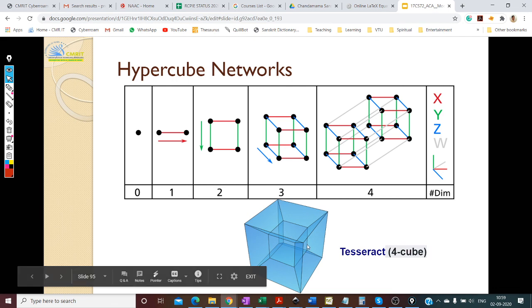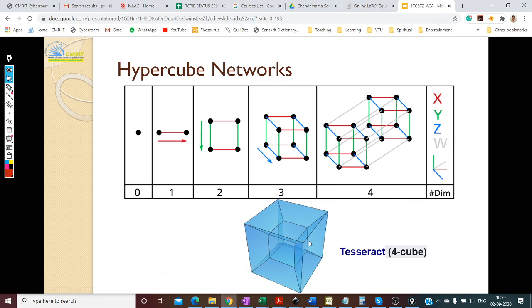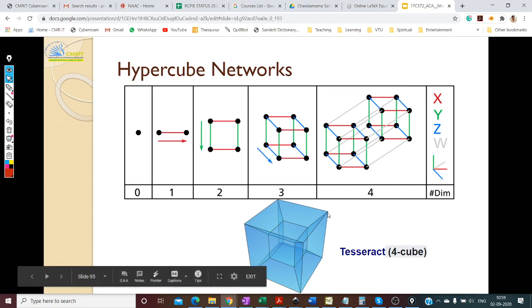Something like the Inception movie. So you have a cube within a cube within a cube. You can make it multi-dimensional, like 9-dimensional cubes are also there. So everything goes inside. The idea is this node and this node can communicate in one hop, right? In one dimension, you can just have a one-dimensional hop here. So that's the idea.